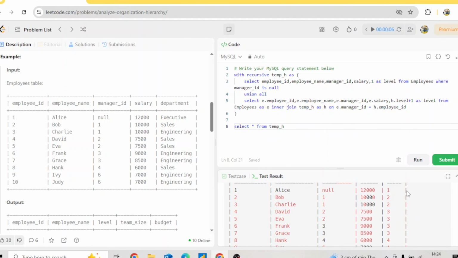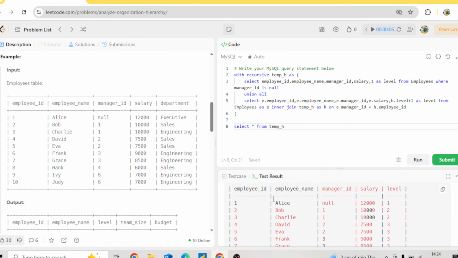If you just see, then our level has been created, right? So Alice is level 1, right? This becomes my base case. When it comes to the full employee table, 1 from here is actually the manager ID for which people. So here we can see that manager ID 1 is for Bob and Charlie, right? So for Bob and Charlie, just increment it by 1, and 2 and 2 it becomes. Okay, now this entirely in the next step, this entirely becomes my